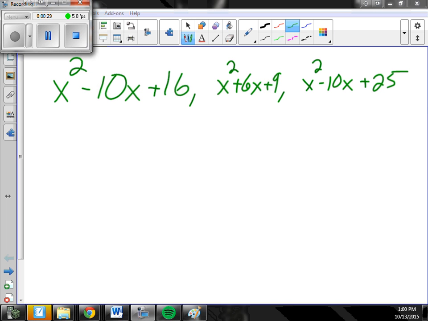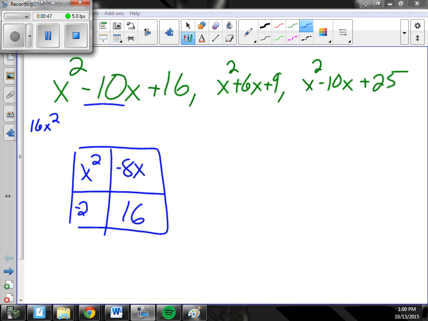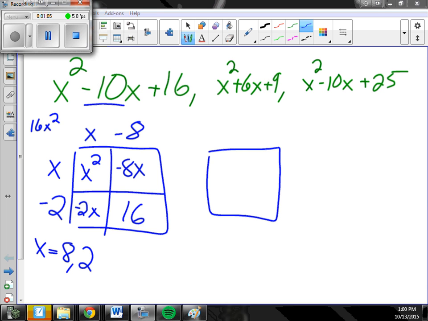Okay, so to factor these, right, the box, we put in x squared and 16. Times those together, 16x squared. What are the factors of 16 that add to be negative 10? Negative 8x and negative 2x, which gives me x minus 8 times x minus 2. Set those equal to 0, and I get x equals 8 and 2. Hopefully, you're getting really good at this, because you're going to need it for the remainder of this year and